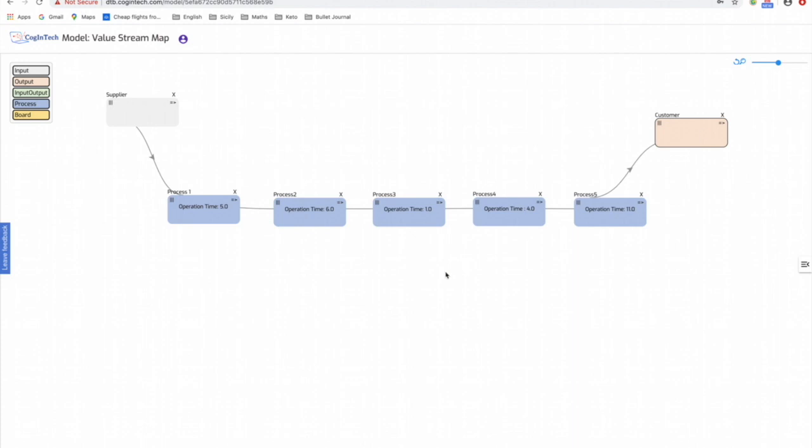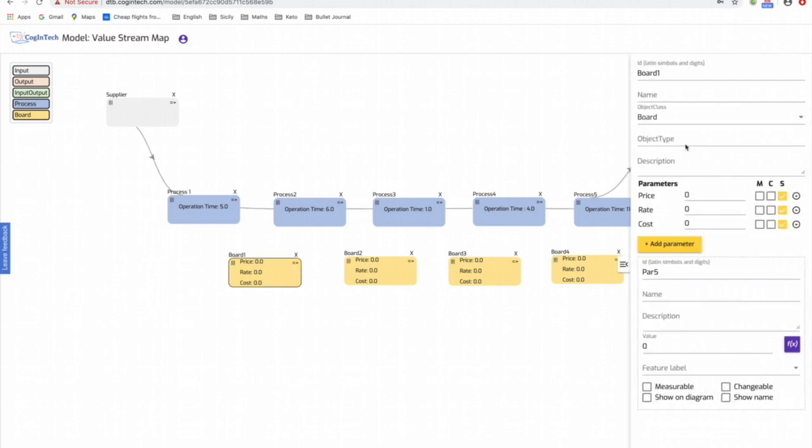Next, usually we expect there to be a delay or waiting time between each process, so let's add 4 board objects to the main diagram. These will simply indicate the waiting time between each process. I will rename the first waiting time 1,